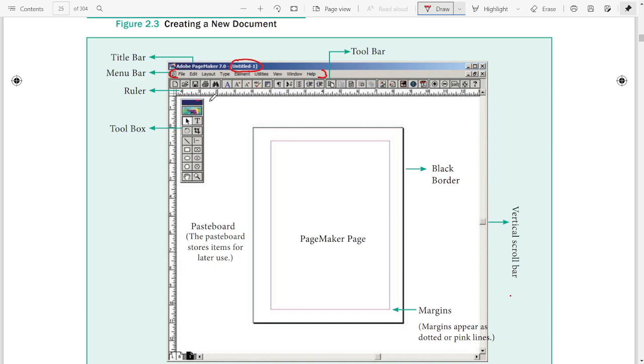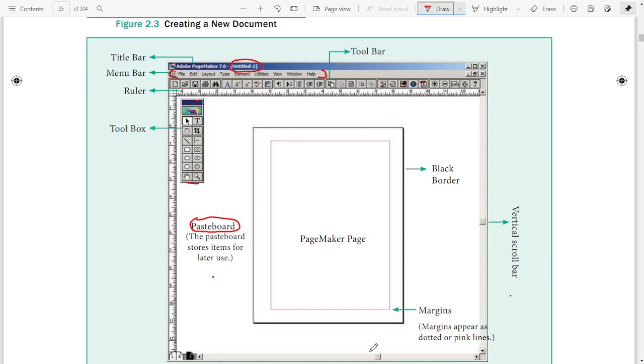This is the toolbox. These are the toolbox, and here some other tools are there. This is also known as the toolbox. The black border, yeah, outside the black border is called the pasteboard. Is it clear?